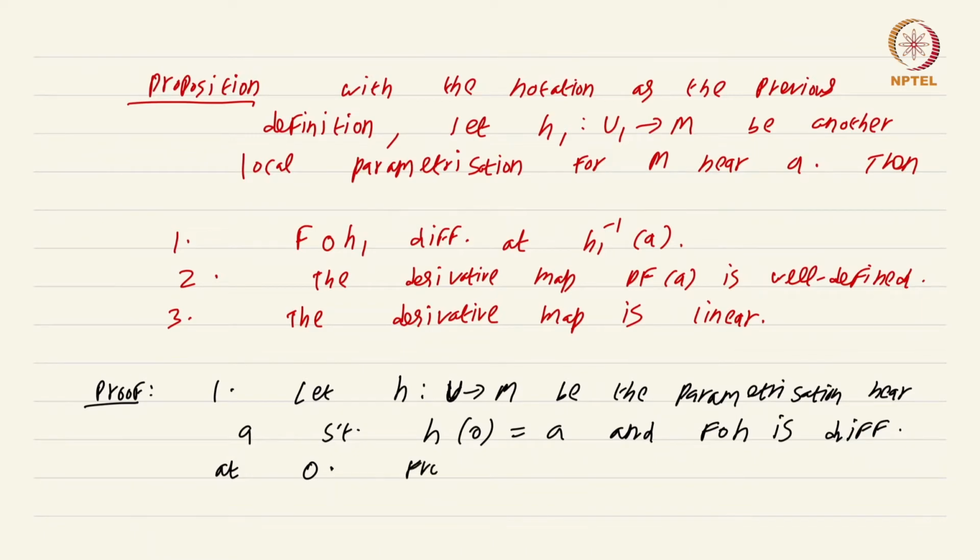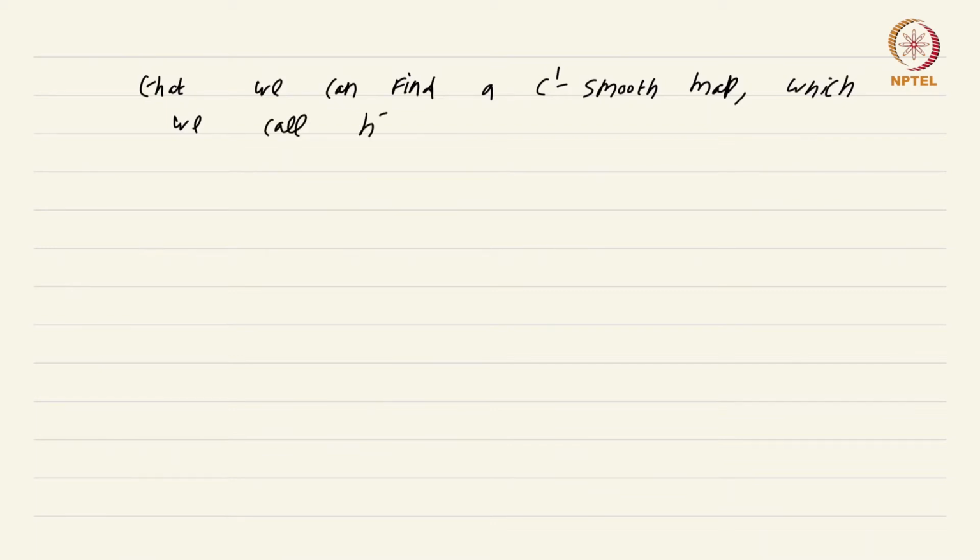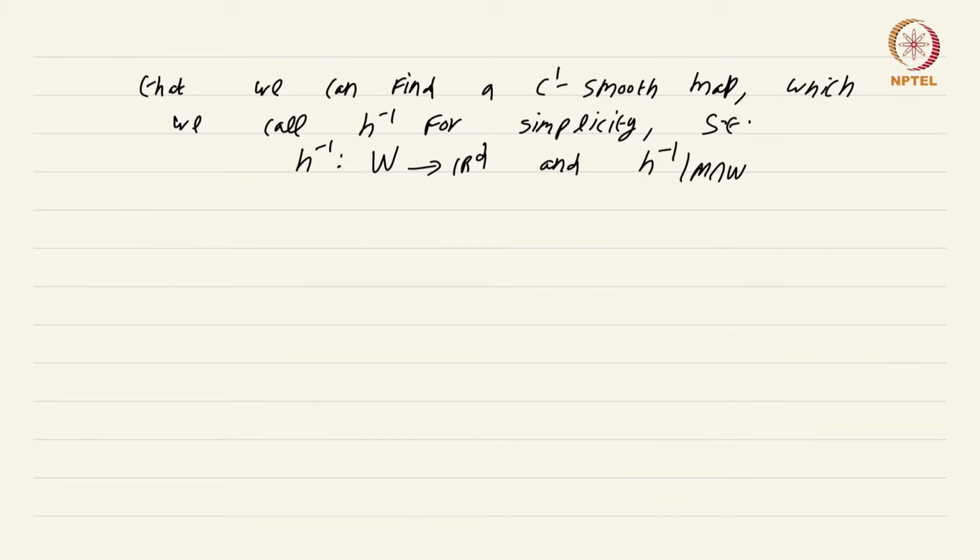Well, from the proof of 3 implies 2 in the definition of a manifold, we can assume that we can find a C1 smooth map, which we call H inverse for simplicity. You will understand why I am using this notation H inverse, such that H inverse is from W to RD and H inverse restricted to M intersection W is the inverse